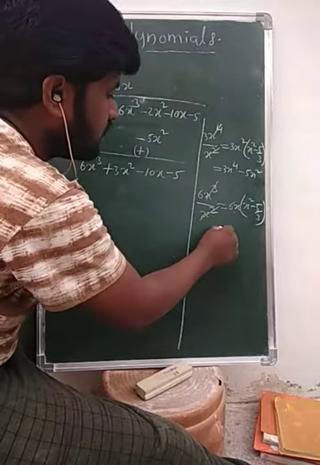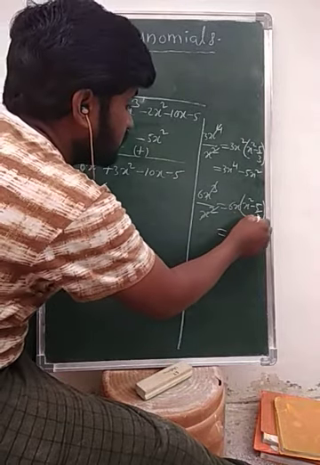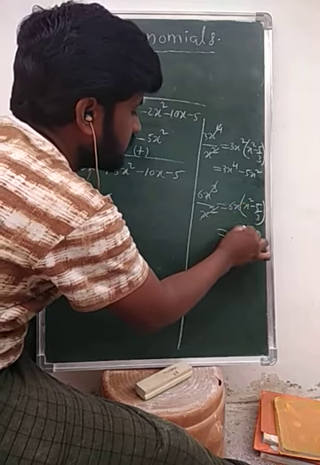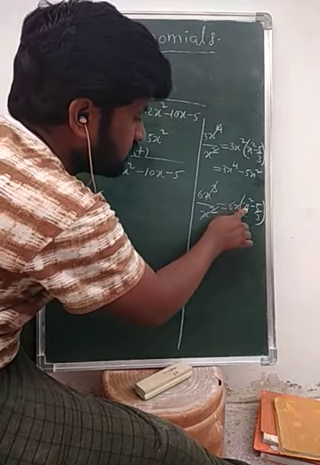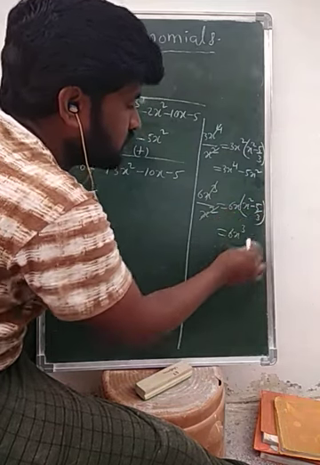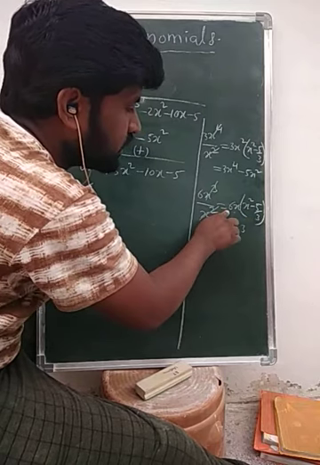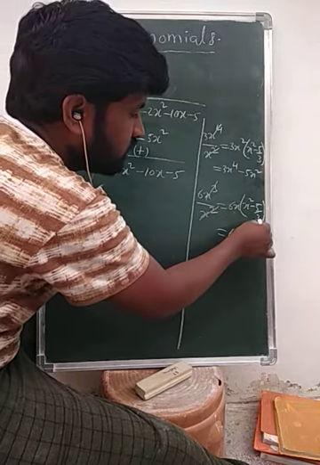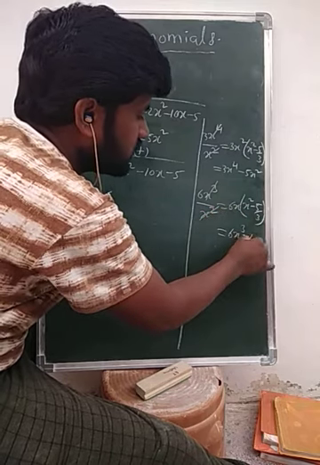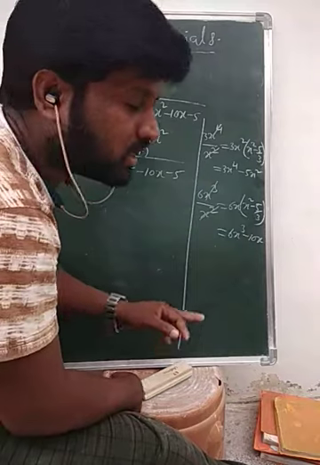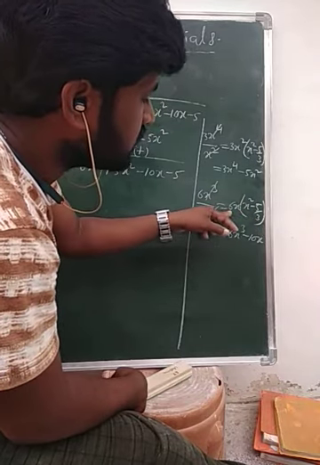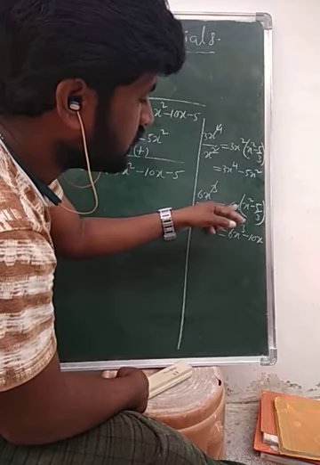Okay, now you just multiply 6x into x square, that is 6x cube. 6x into minus 5 by 3. You just cancel 3 with 6. 3 ones are 3, 3 twos are 6, so here there will be 2x. 2x into 5 means that is minus 10x. Is it clear? 6x into x square, 6x cube. With 3 you cancel 2. 3 ones are 3, 3 twos are 6, so here there will be 2x.